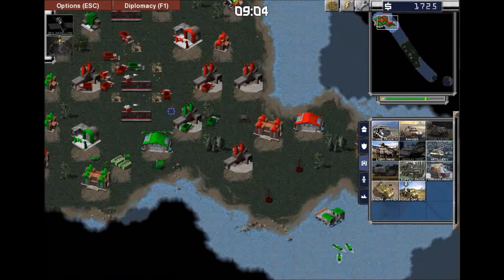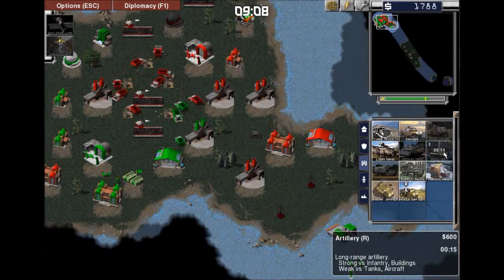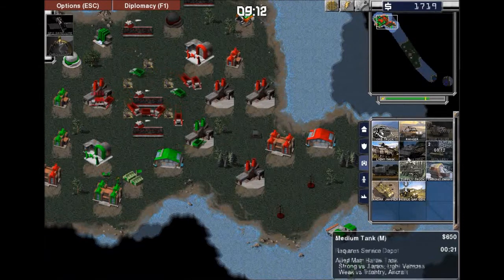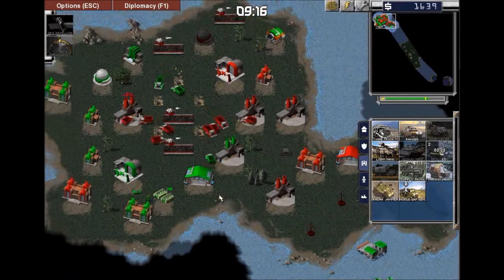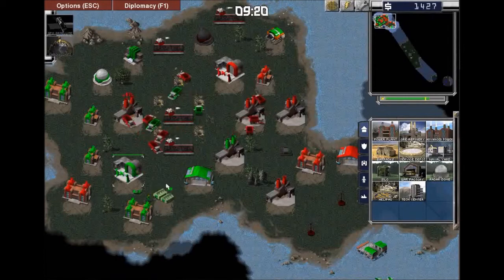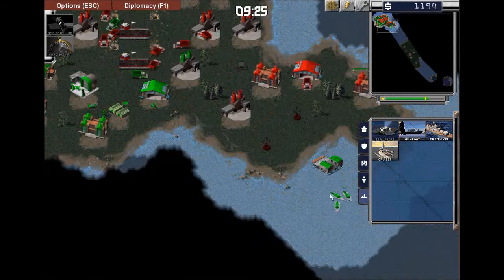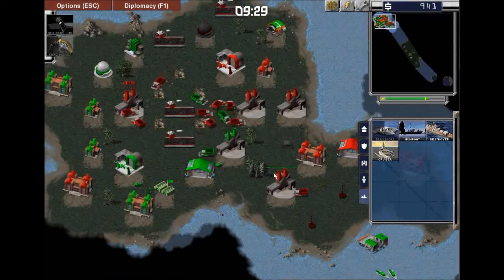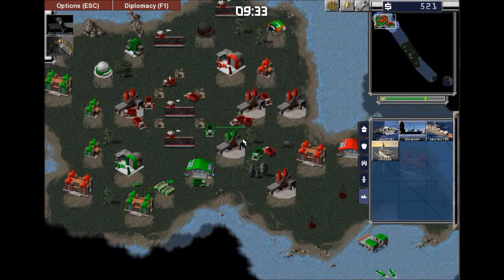It probably doesn't particularly matter. If I get some artillery, there we go. Just wanted 2. And then I can quickly show you how to do it. I'm going to have to move this base. So I'm going to need to get myself a transport. And then move my base over to somewhere else. Now, a great map to do this kind of thing on is...